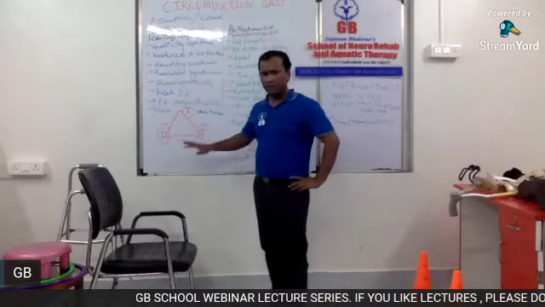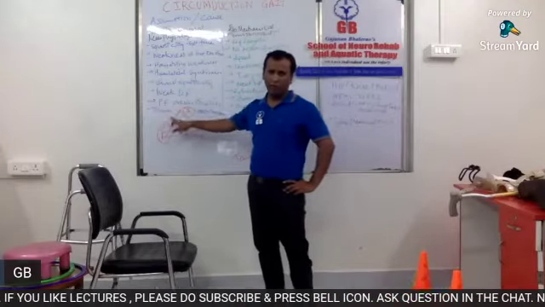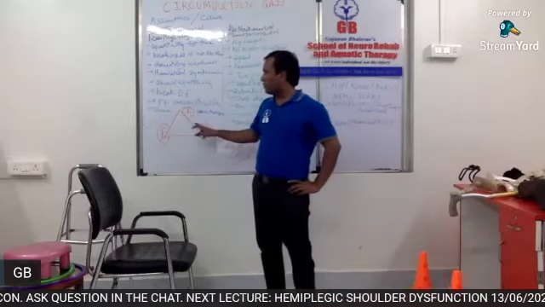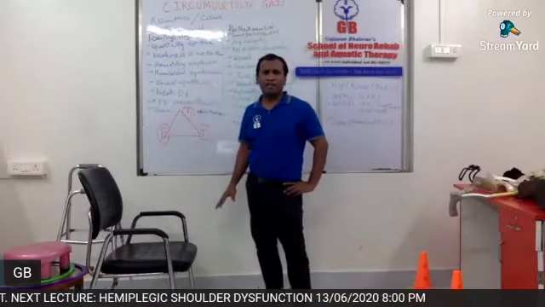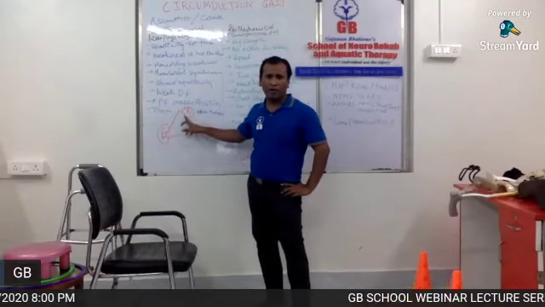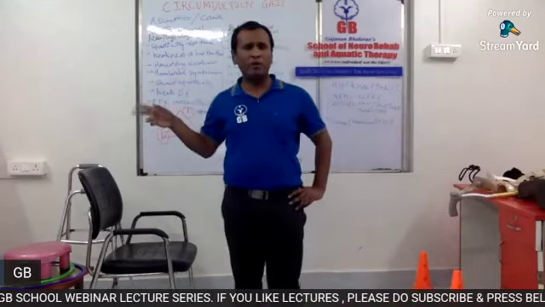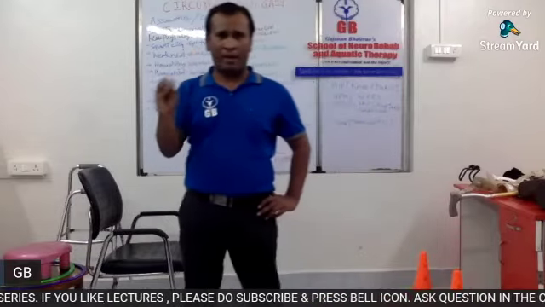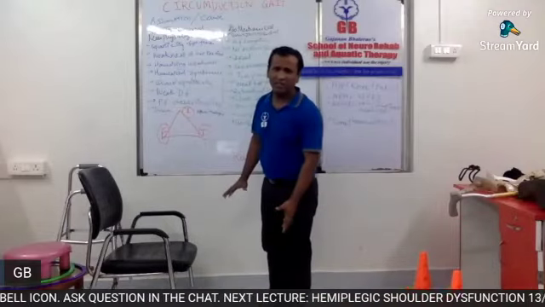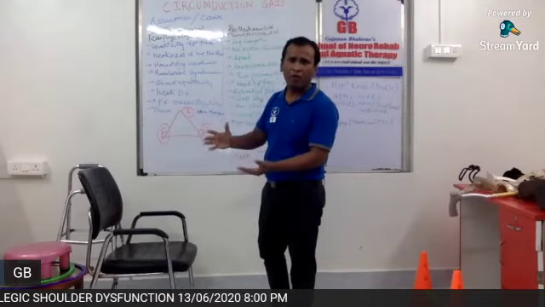So traditionally, if you understand the motor control concept, if you look at this triangle, this is the motor control triangle. There is individual, environment, and task. This whole neurophysiological assumption, in this triangle, is only talking about the I quadrant, which is the individual quadrant. And in the individual also, there is too much importance given to the brain or the nervous system. In this traditional assumption, we have given so much importance to the brain and the nervous system that we forgot about other systems.